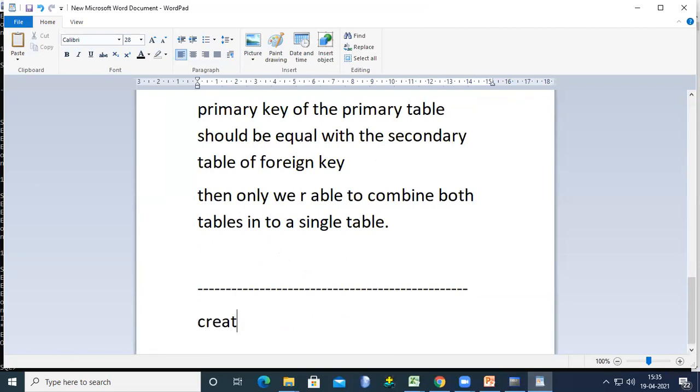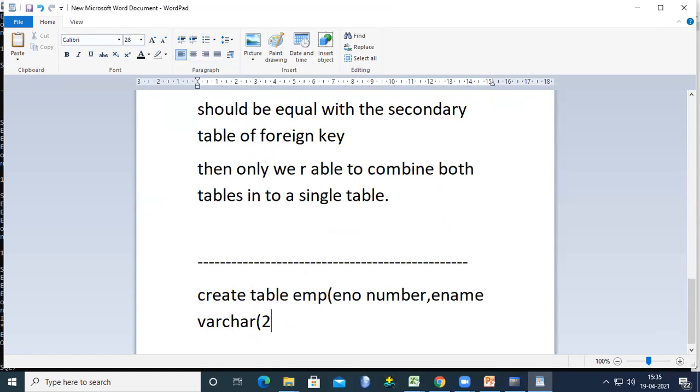First of all, we try to create one table. Create table, table name, for example, EMP: employee number, employee name. The employee name data type is varchar of 20, and sal data type is number, and here we should specify the primary key.